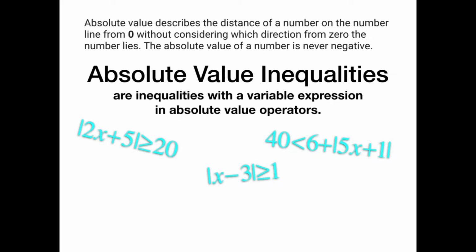Absolute value inequalities are inequalities that have some kind of absolute value expression in them. In this video, we're going to look at absolute value inequalities opposite negative numbers. So our first step is going to be to isolate that absolute value expression on one side and then see what happens if an absolute value is less than or greater than a negative number. In part two, we'll investigate positives.